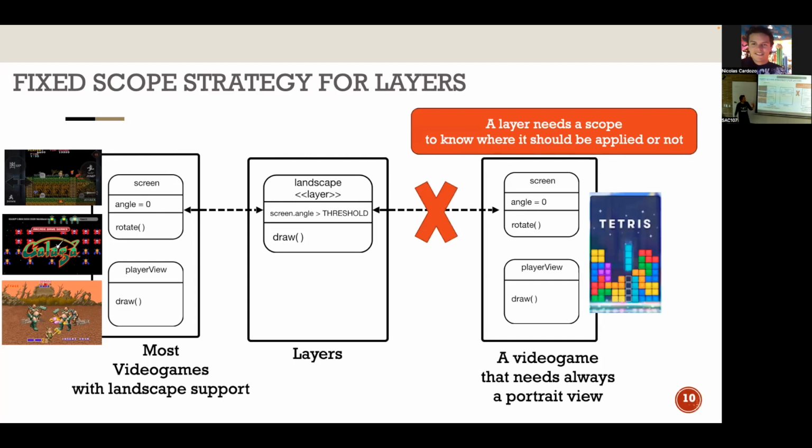So you don't really want to change the orientation in which you display the things. For example, in Tetris, everything, like the dimensions of the game, will need to change. That doesn't make sense. So you would like to keep the game in exactly the same situation while changing the controls, right? And that's exactly the problem with scoping, because you don't want to change everything that you can draw. You just want to change some things that you can draw, and that's the scope or the effect that you will see from the layer in your application, right? So those are the two problems that